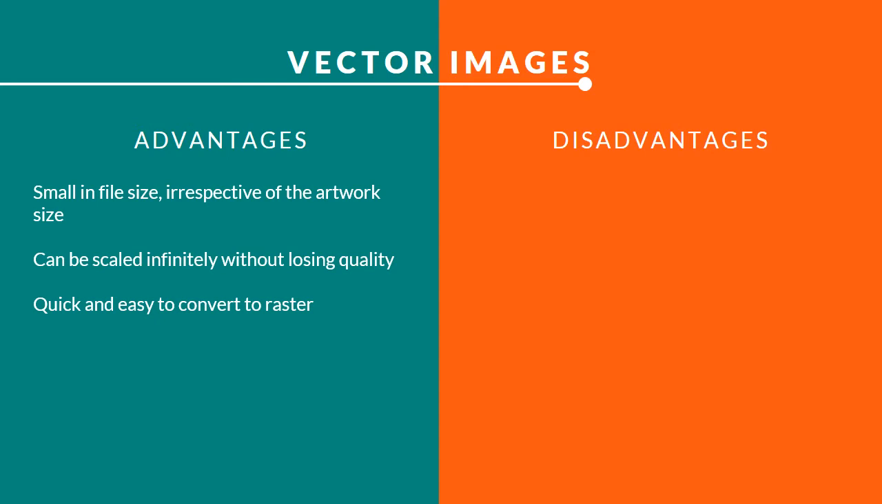Their disadvantages are that it is quite difficult to create continuous tone like you see on a photograph. It is not impossible, but it is quite a task to create the illusion of a continuous tone when creating a vector image. In other words, a vector image will not look like a photograph, but rather a digital drawing